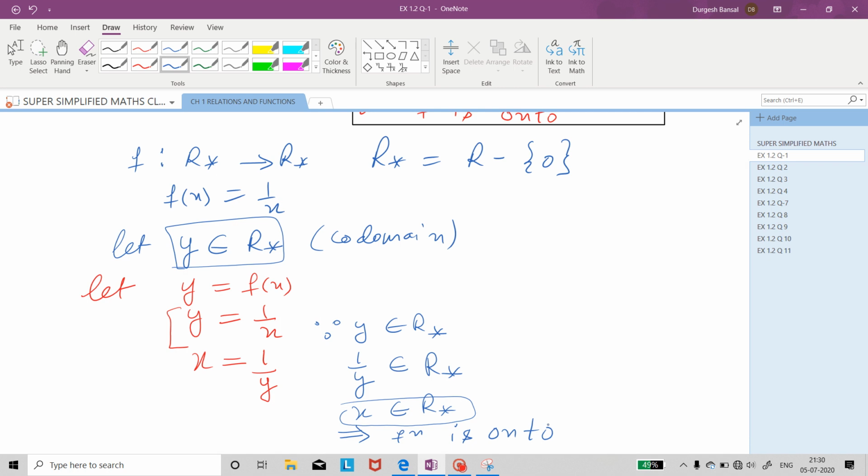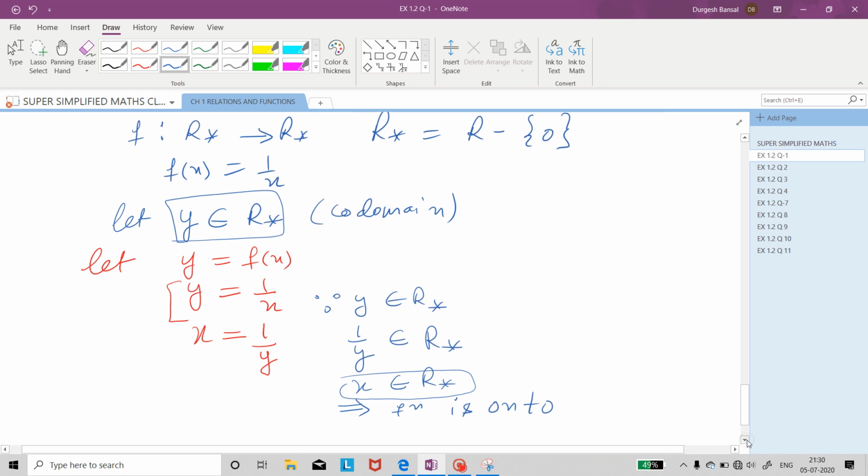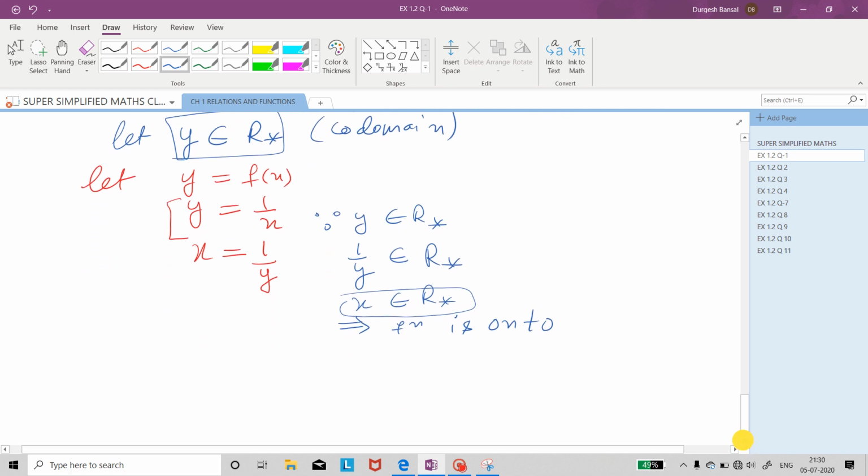Now students, because this was the first question of one-one and onto, it has taken a lot of time. Once you get used to the methods, then I don't think you will take much time on that. Now I think you are well versed with this. So now we move up and see what the second part of the question is.